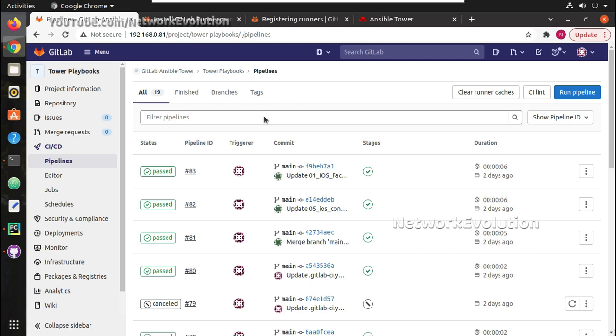In networking, we do a lot of manual infrastructure provisioning, right? For example, running a playbook locally, we can install Ansible in any Linux machine and run the playbooks locally, but once we run that, we don't have proper track of it. For example, we don't know who executed it, what command they executed,